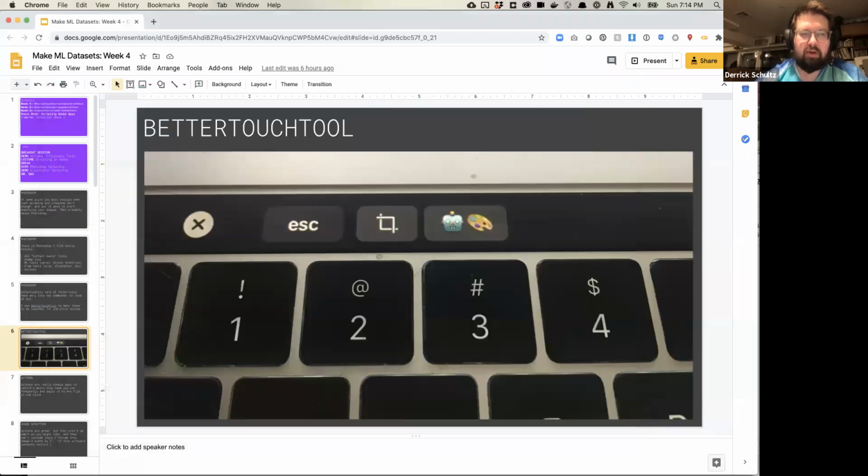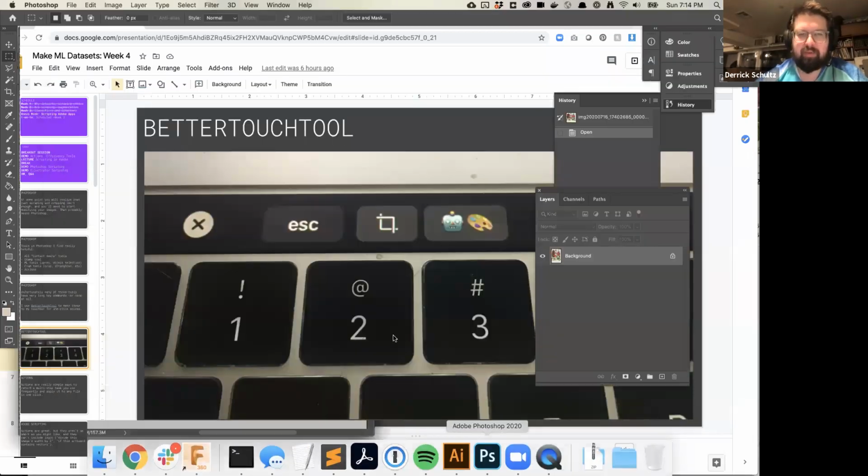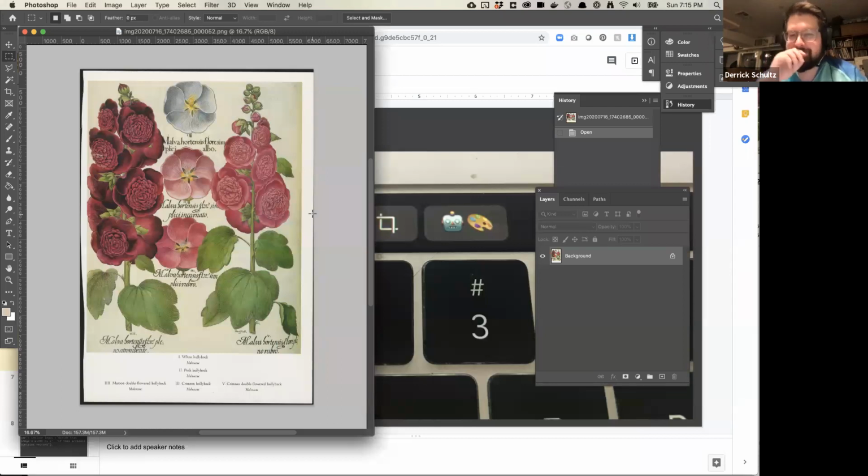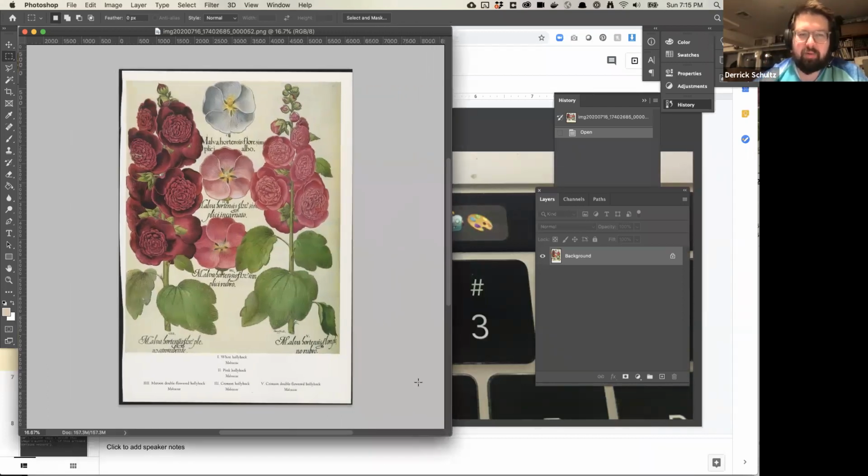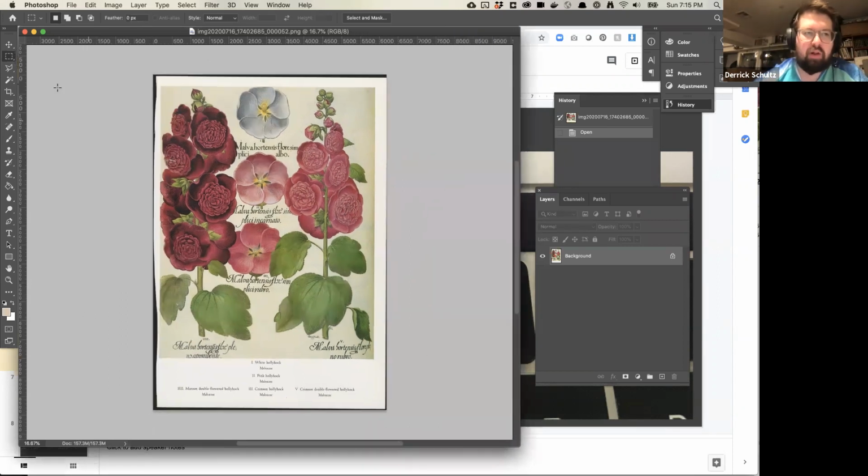So let me show how I work in Photoshop. Let's say I have an image like this. This is literally a scan from a book. I'm going to need to do a lot of cleanup work to get this into a decent data set format. First thing I usually do is some sort of cropping or straightening. The crop and straighten tools are over here. I really like this straighten button, which allows you to just draw a line on the page, and that gives you a straight line for that edge.